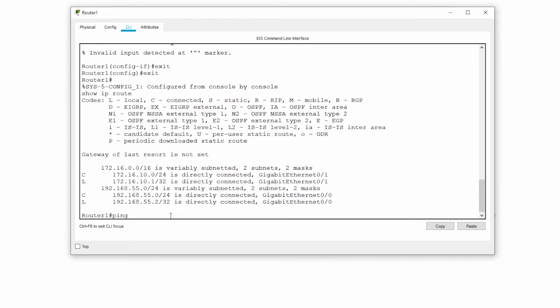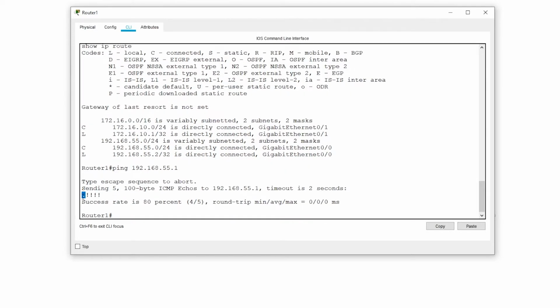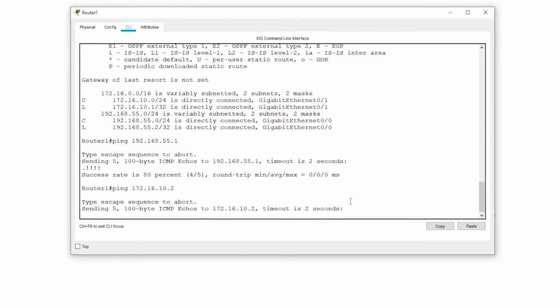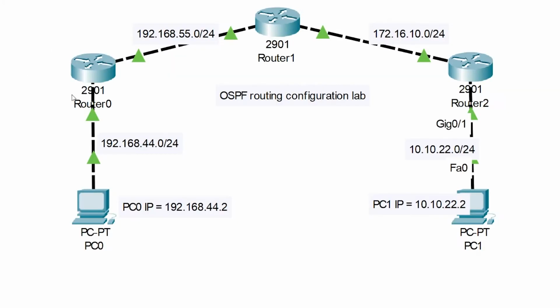And we can ping 192.168.55.1. Here you see the first one fail, that's fine, but the next 4 pass. And now we'll ping 172.16.10.2. Okay, that's fine. Now we'll go to router 0.